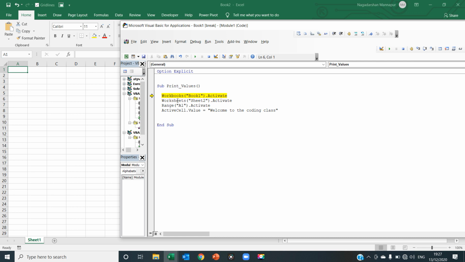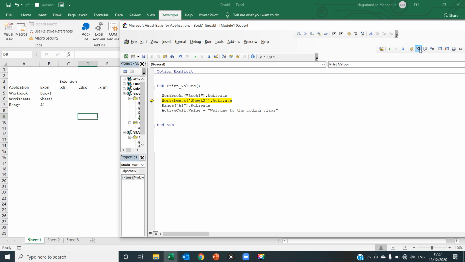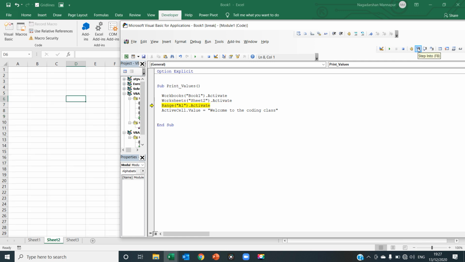Press F8. See, Workbooks of Book1 should activate. So now my cursor is in Book2. If I just press F8 again, Book1 activated. Then if I execute again, now my cursor is in Sheet1. If I execute this by pressing F8, Sheet2 is activated. Now I wrote Range of A1 should activate. So just press F8,